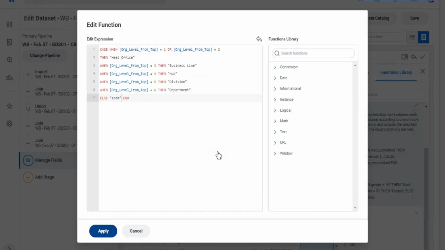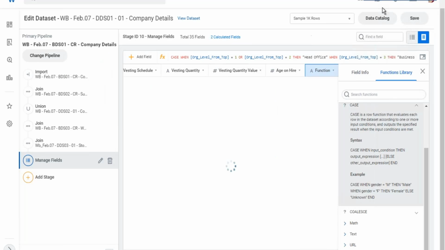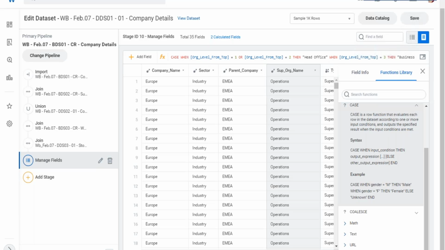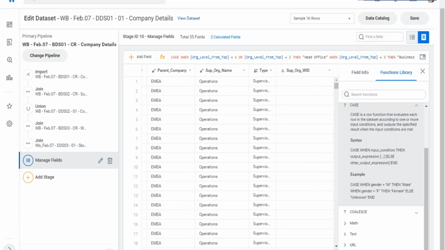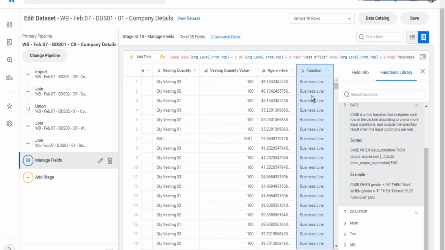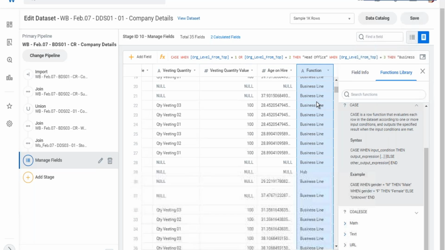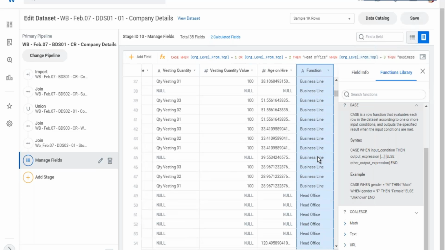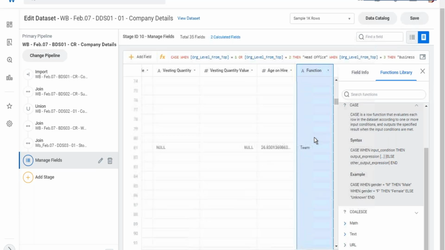I want to apply this condition. Let's see if there are any errors. If there are any errors, system would show me those errors here, right? So wherever org level is 3, system is replacing it with business line, else it is replacing it with hub, else it is replacing with head office, and so on and so forth,